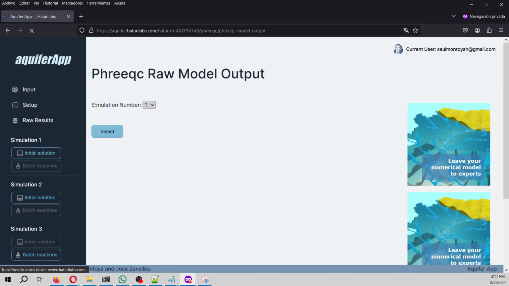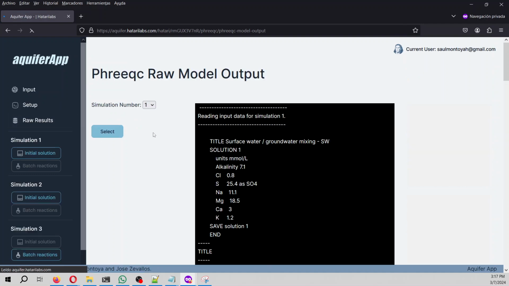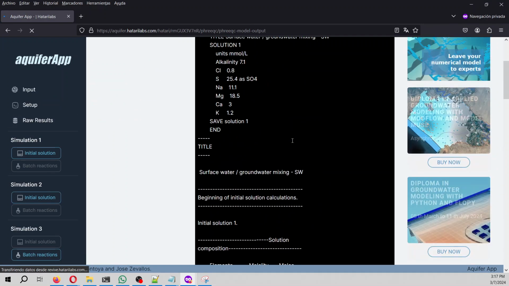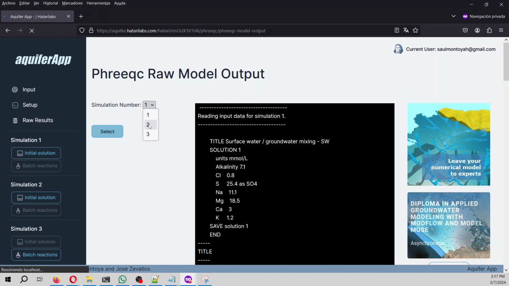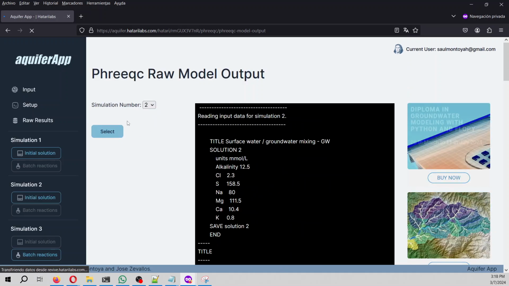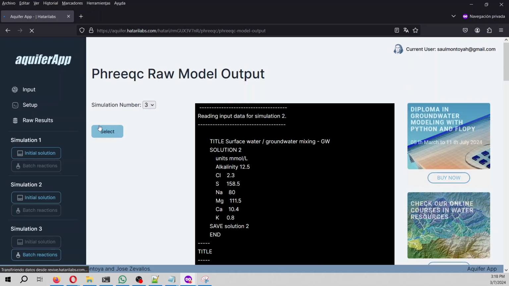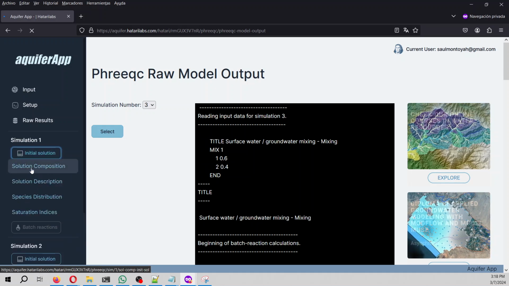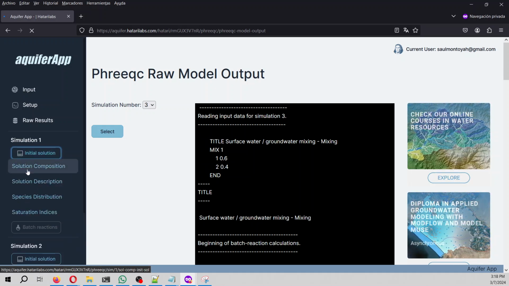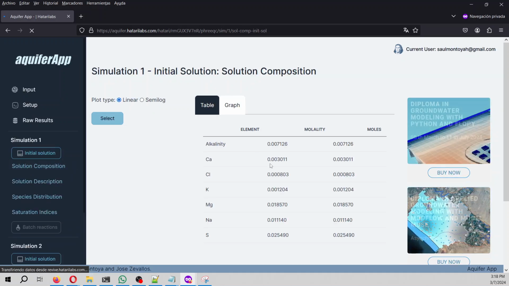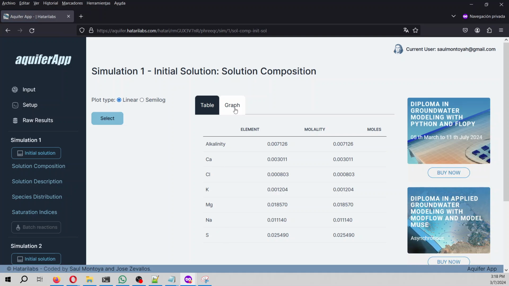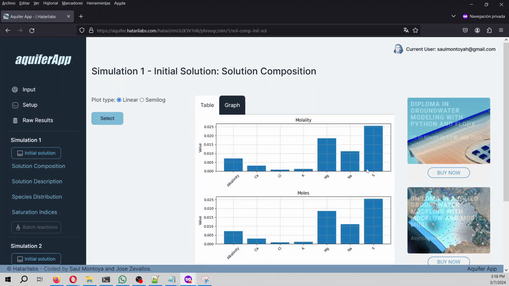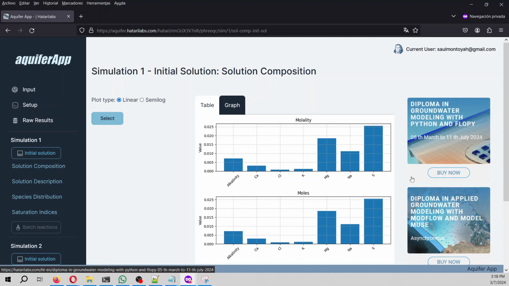When we do the compilation, we can see the raw results here. This is for surface water, for groundwater, and this is for the mixing. However, we have these amazing tools here where we can see the composition: the alkalinity, the calcium, chloride, and so on. As we see, sulfur, sodium, and magnesium are the main